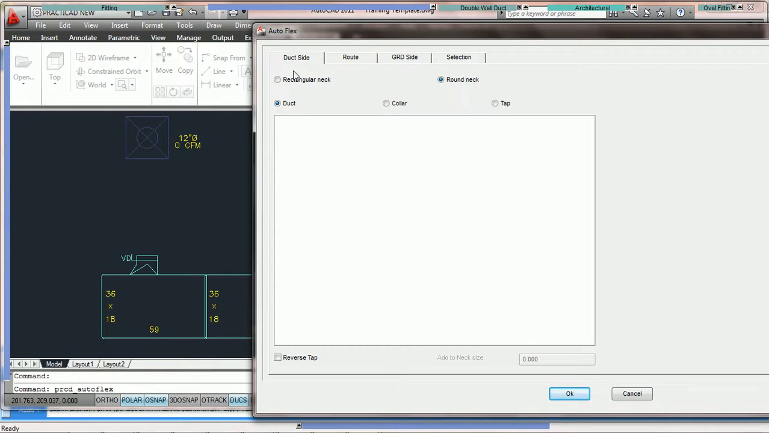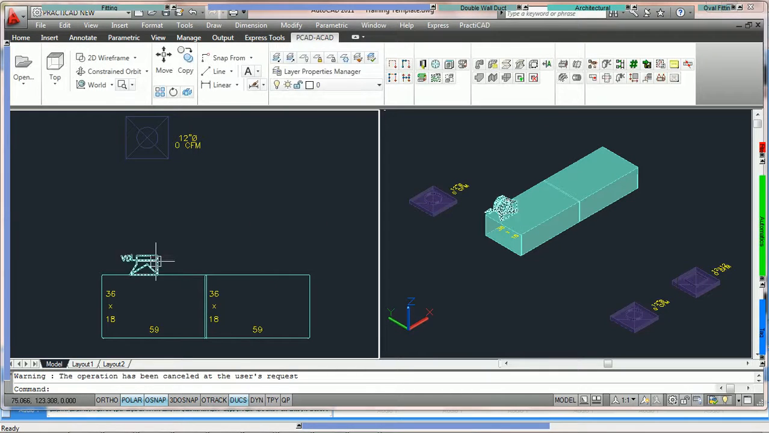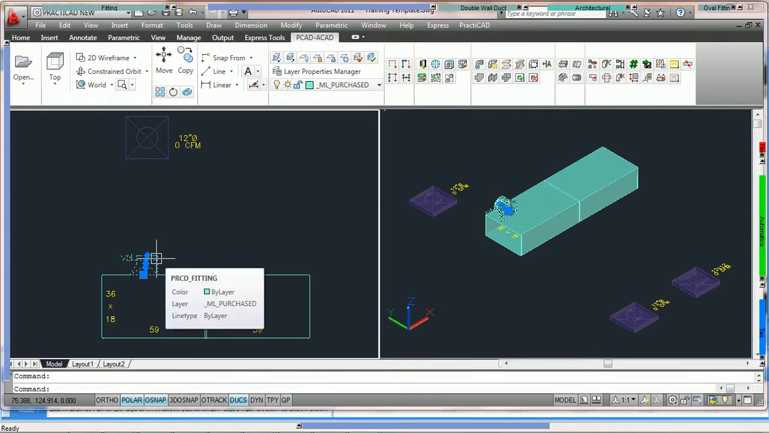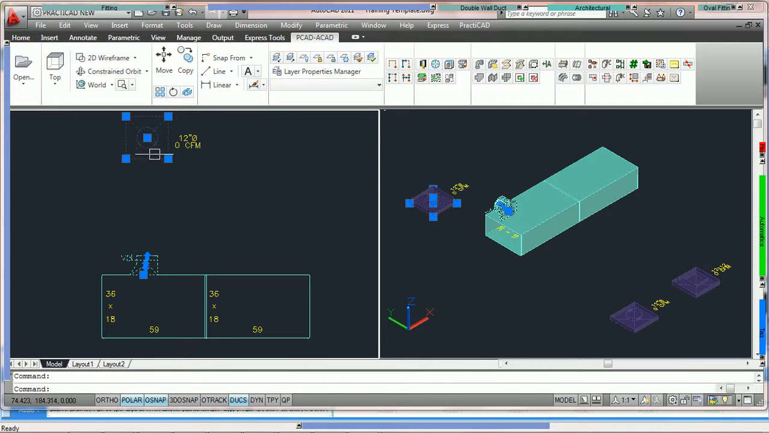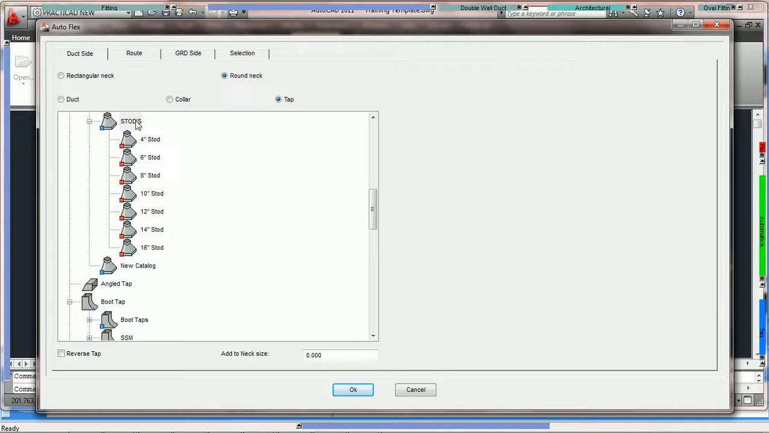Well, we can still use the Autoflex automatic to attach between the end of this existing duct to the grill by utilizing the duct option. So what we would do normally is we'd highlight the duct or tap we'd like to attach from, and then we'd highlight the grill. We'd come over here to the Autoflex icon, and then in here we would go under the duct side tab and we'd make sure that we pick for the type of grill neck we want,